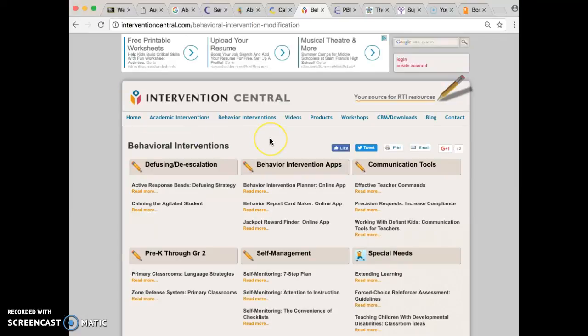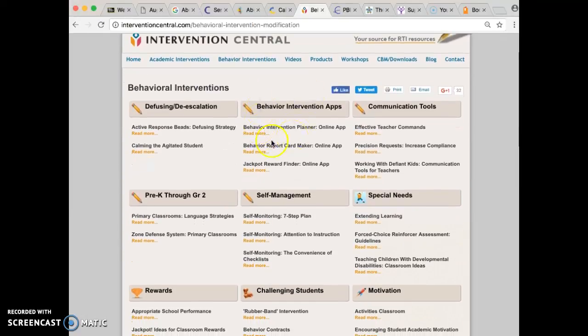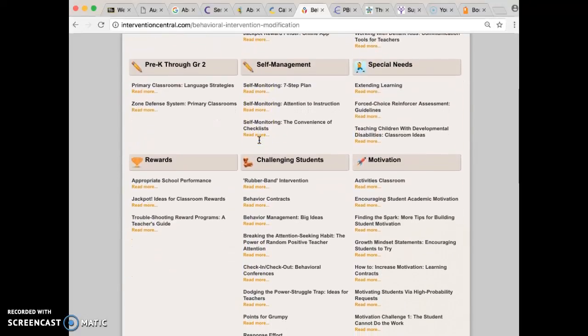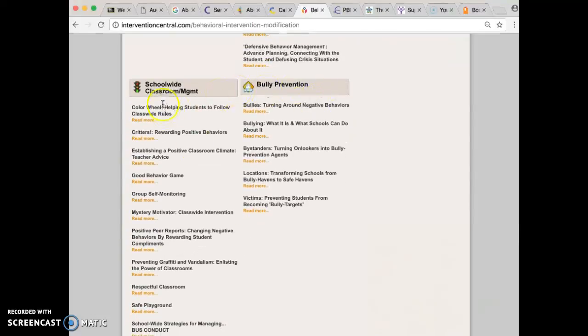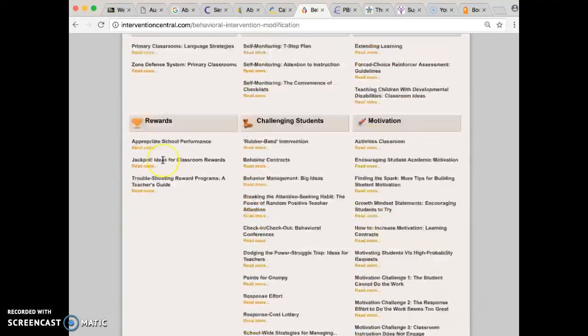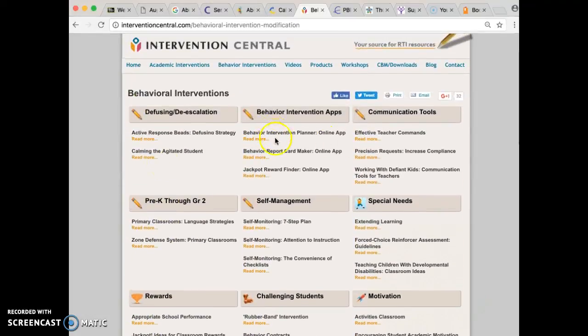You can actually click on that, and then they've got behavior intervention apps, communication tools, motivation, challenging students, and school-wide classroom management. And you can actually then click on these. Let me just pull one up for behavior because it was a behavior question. So here's a behavior intervention planner online app.